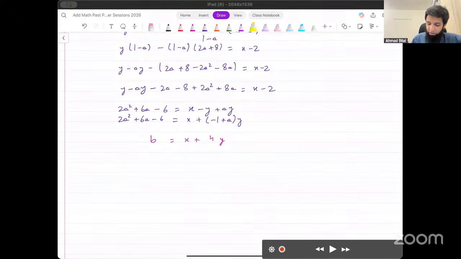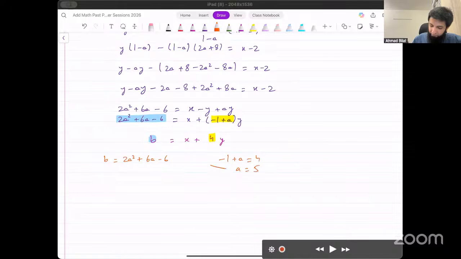Compare the coefficients of y and the coefficient of x. If you compare the y coefficients, that gives us minus 1 plus a equal to 4, and the value of a turns out to be 5. And if we compare the constant on the other side, that gives us b equal to 2a squared plus 6a